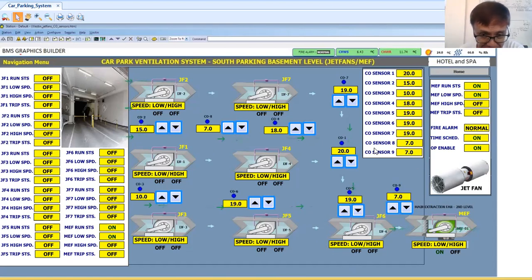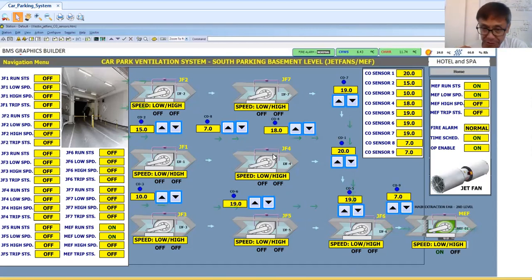Okay, now as I said, when there is a fire, all the jet fans will run at high speed and the main extraction fan will also run at high speed. Okay, so that is the control program for the fire alarm scenario. Now for normal ventilation, several jet fans will run based on the CO level.